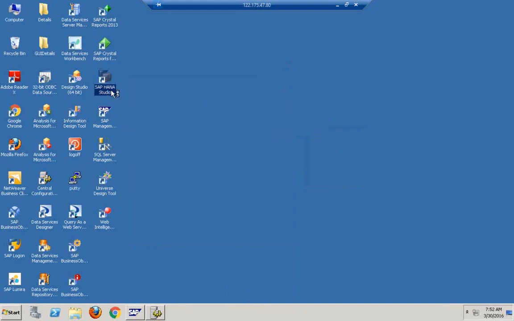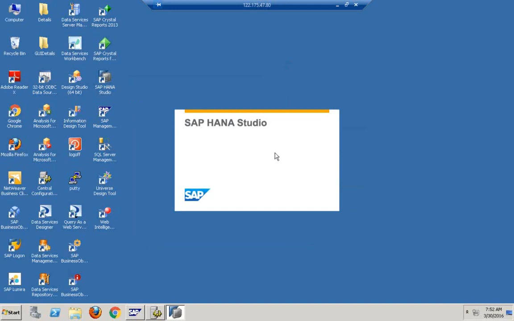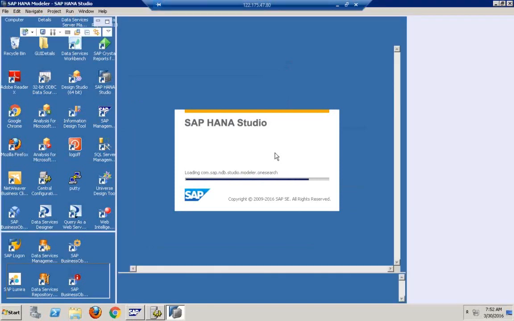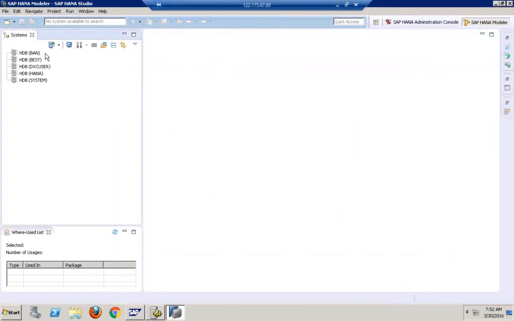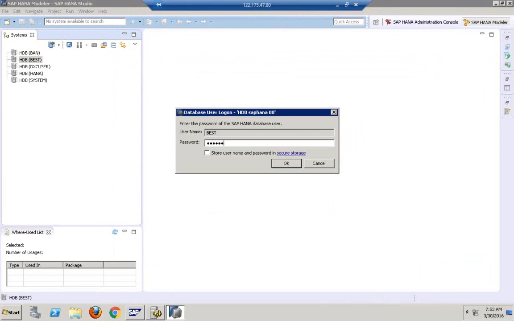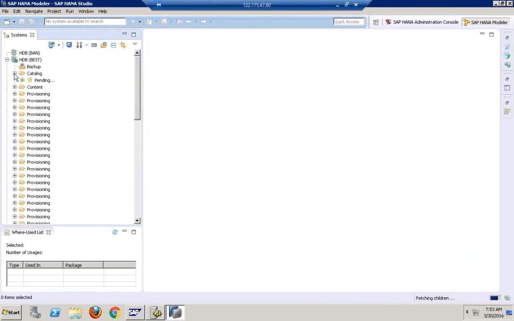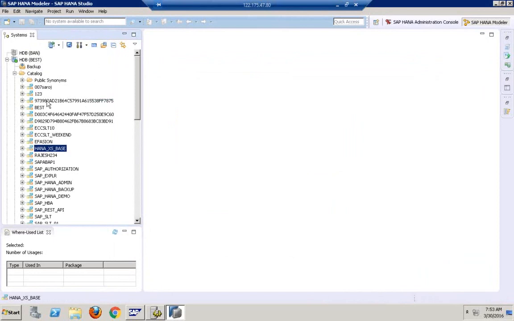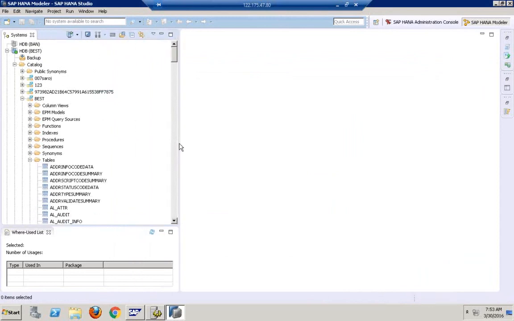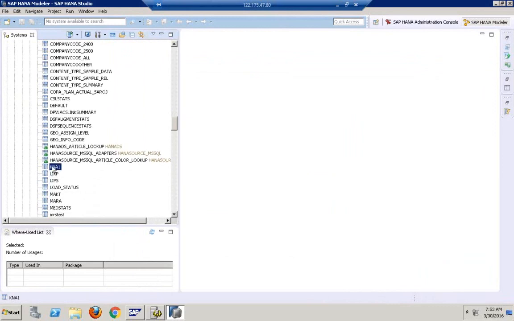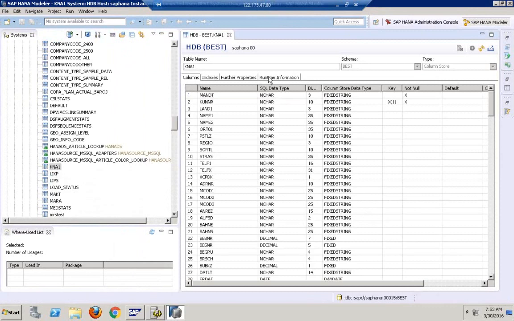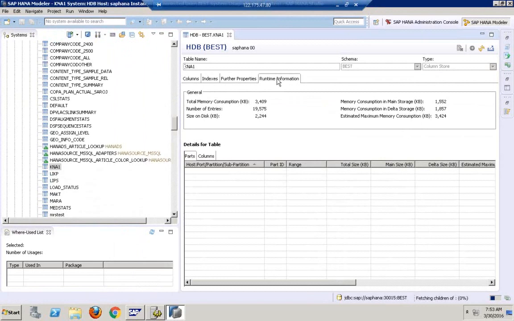Okay, so first we log into HANA Studio. Now let us expand catalog. Let us go to the BEST schema. Under BEST, let us expand tables. I'll go to the KNA1 table. So we are at the KNA1 table. Now if I double click on the table, click on runtime information,